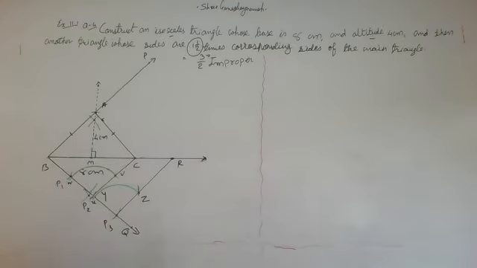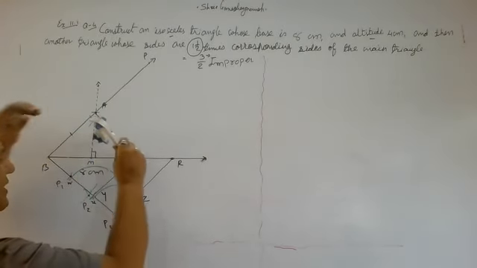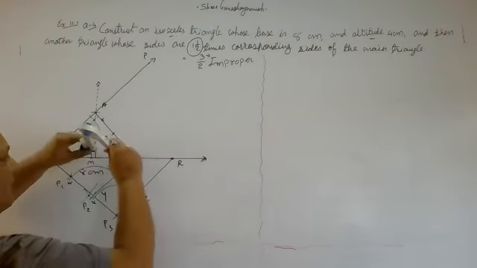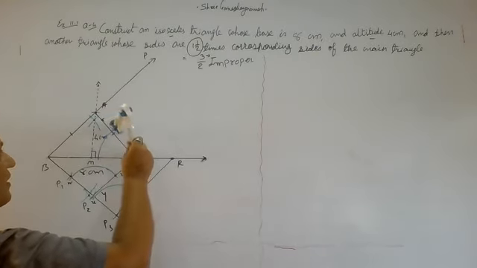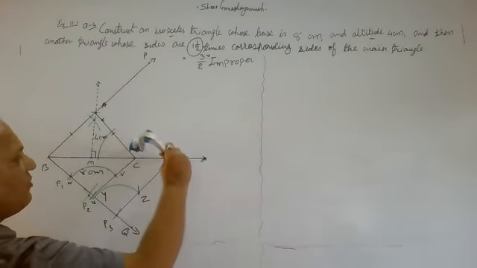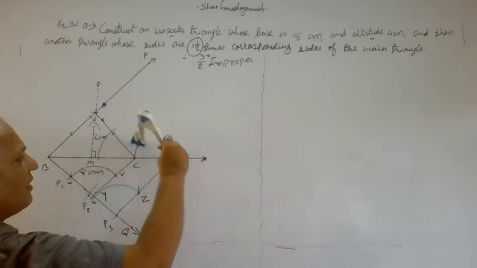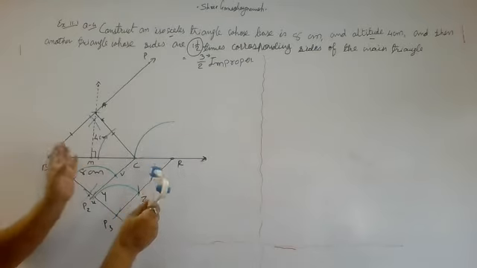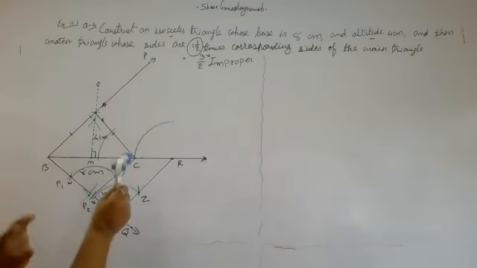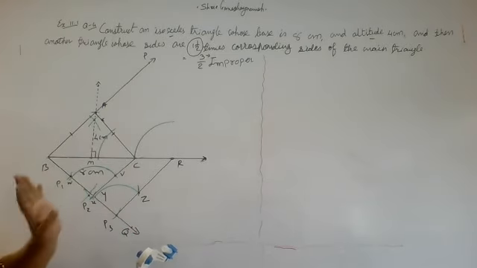The same construction I will repeat here, so concentrate carefully. From C take any measurement, random measurement, and construct an arc. With the same measurement we have to take from R. The arc may go anywhere, inside, outside, on C, anywhere. Here my arc touched the C. It doesn't mean that your arc must touch the C.